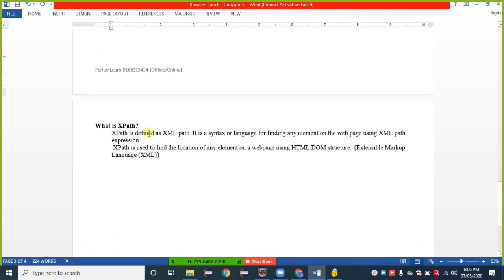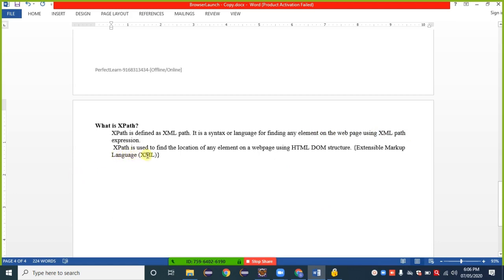XPath is defined as XML path. It is a syntax or language for finding any element on the web page using an XML path expression.